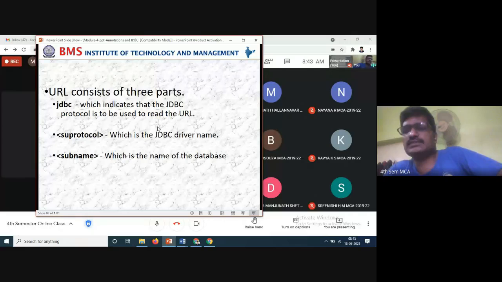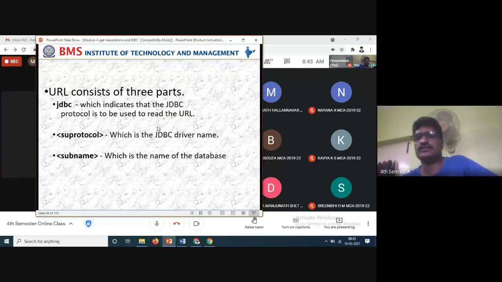Remember the syntaxes. I will show you the demo, like how we did the first chapter and second chapter. The similar way we have to do it here also. Then only will we be able to understand this, because when we are learning the theory, we have confusions: what is a connection, what is a protocol, what is a URL, what is a username, what is a password. No problem. Remember the getConnection syntax, and once we go to the demo it will be easy. Some basic points are also required, so tomorrow I'll tell you how to establish the connection with a simple program.